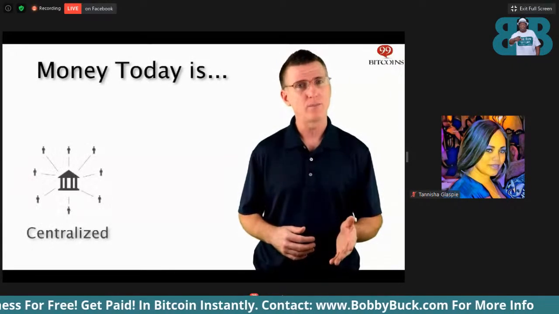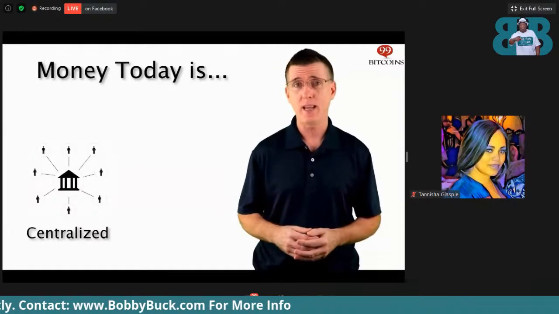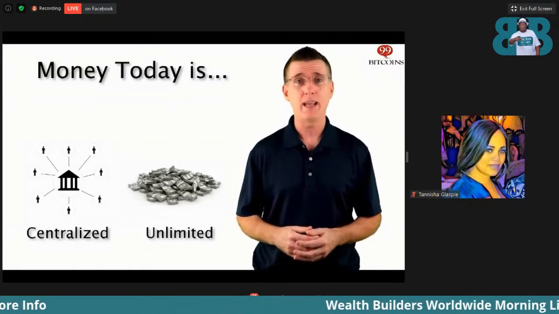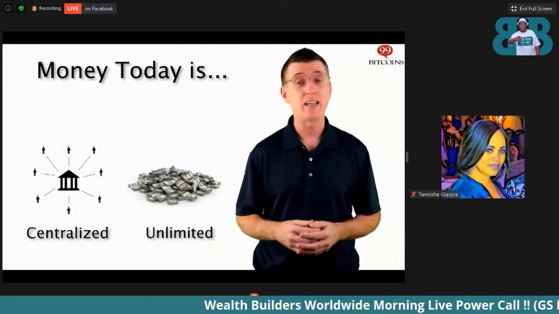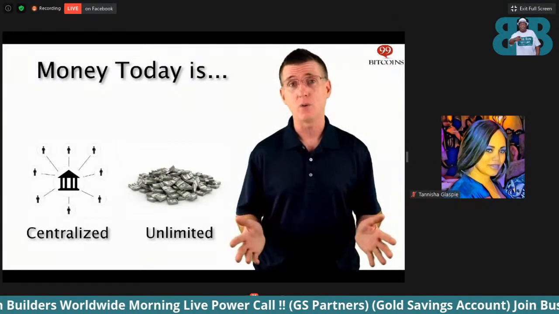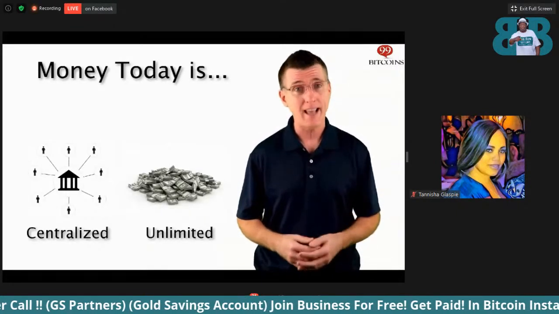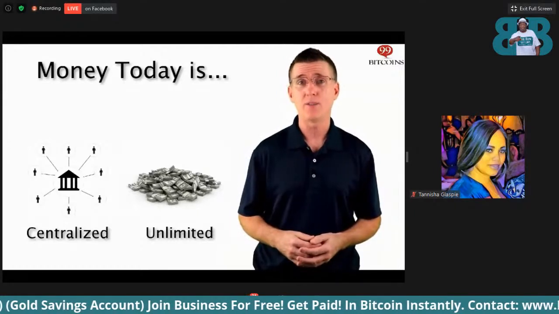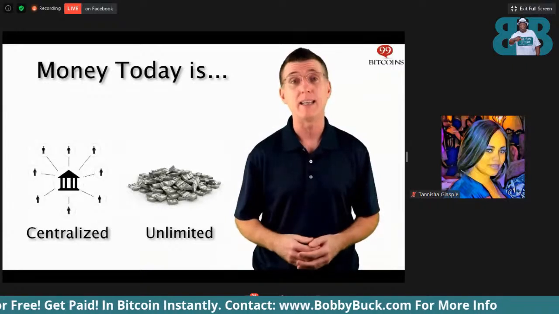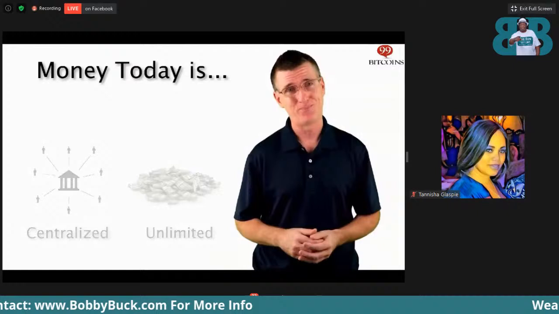One, it is centralized. You have a central authority that controls and issues it, in this case, the government or central bank. And two, it is not limited by quantity. The government or central bank can print as much as they want whenever needed and inflate the money supply on the market. The problem with printing money is that because you're flooding the market with more money, the value of each dollar drops, so your own money is worth less. When you see prices rising throughout the years, it's not necessarily that prices are rising as much as that the purchasing power of your money is dropping. You need more dollars to buy something that used to cost less.